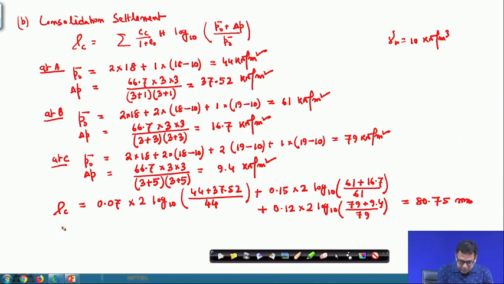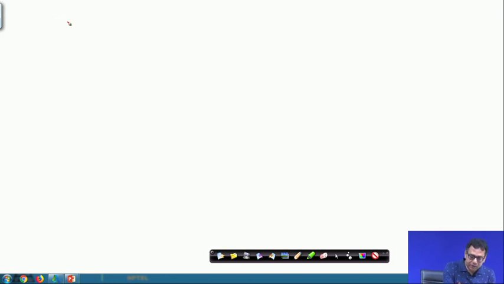So, next we will calculate the correction factor. So, total uncorrected settlement is 80.75 millimeter, and correction factor